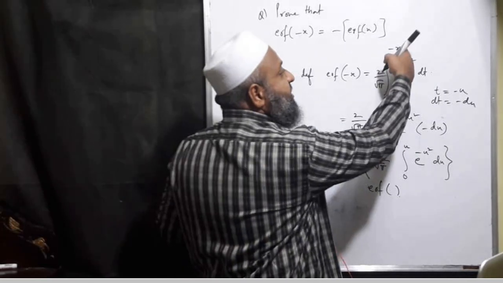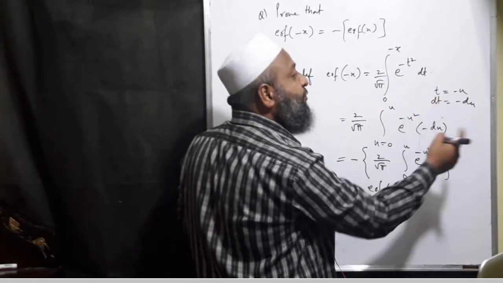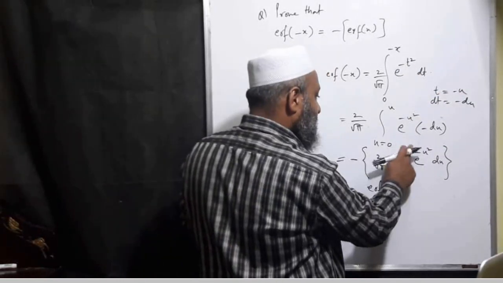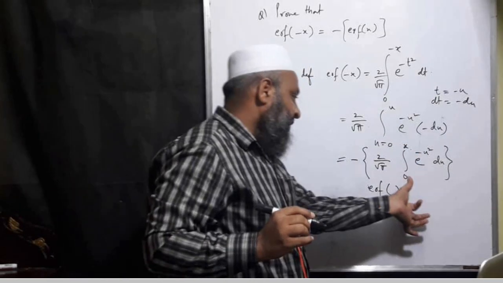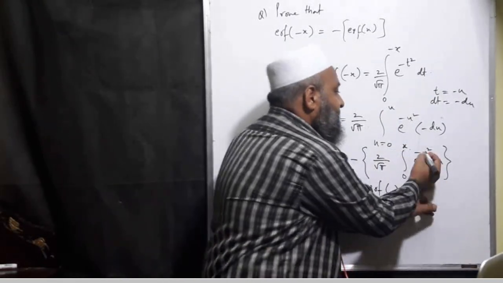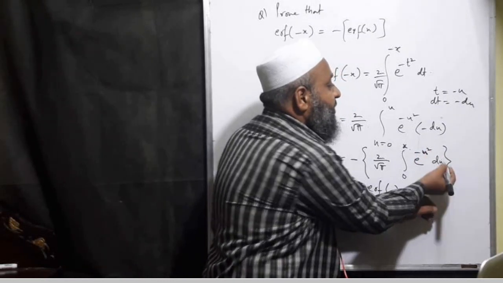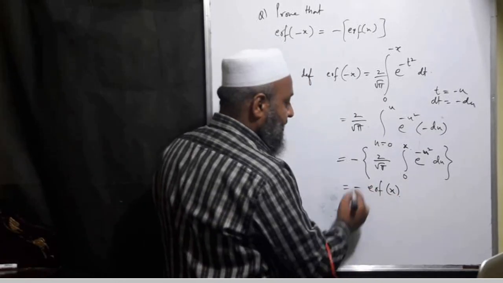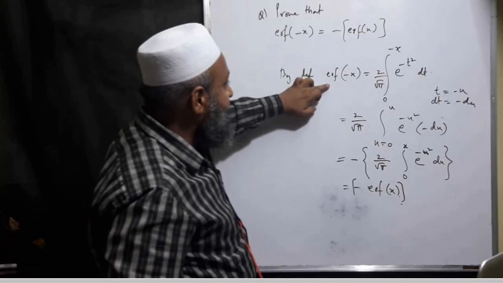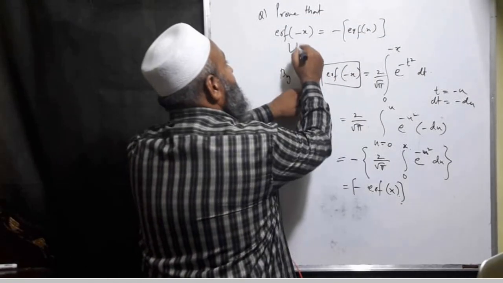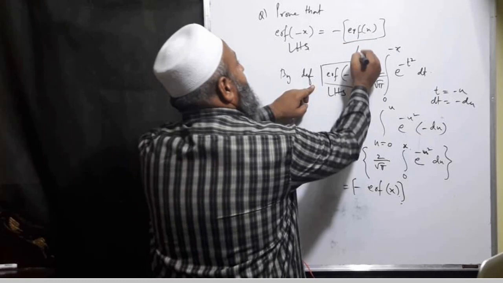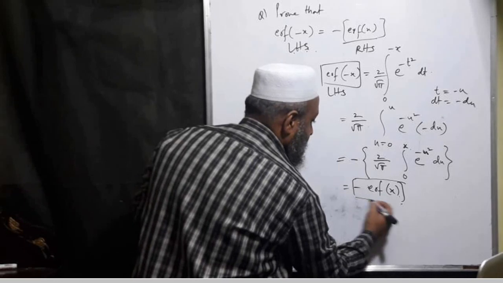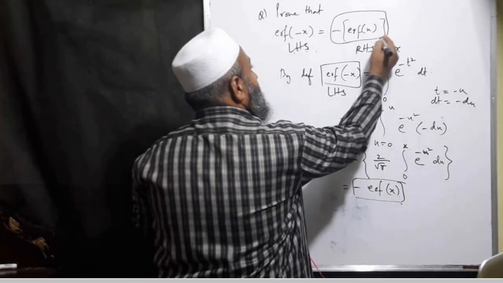These are the limits of t. Now we have to find the limits of u. So minus x is equal to minus u, minus getting cancelled, u is equal to x. I am sorry. So this is x. Now when it is 0 to x, this variable name is not special. If it is t, that t square and dt. Because it is x here, so it is error function at x and minus is coming out, and hence we have proved that error function at minus x, this is the left hand side, is equal to the right hand side.